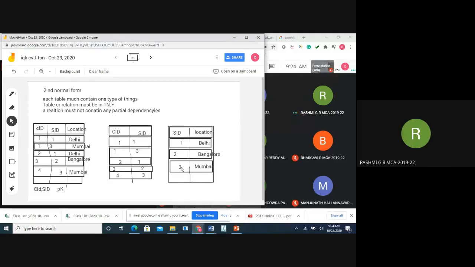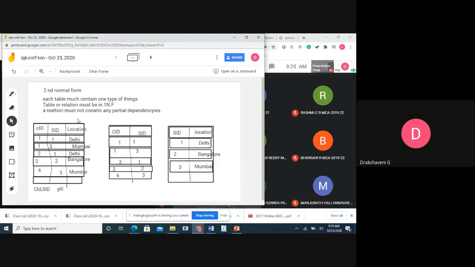Yes ma'am. Okay, so this is the second normal form. What the second normal form says, I'll repeat this class again. So in the next class, arrange your pens and everything, and I will repeat the same first and second normal form, because these two are very important for you, not only for the DBMS subject, but because when you go for creation of all these in your projects, now you will be placed in a company, you want to create a table, you should know all this. These are very important topics, that is normalization. So first you should understand this. So I'll repeat this again.